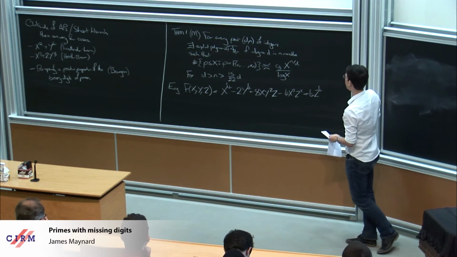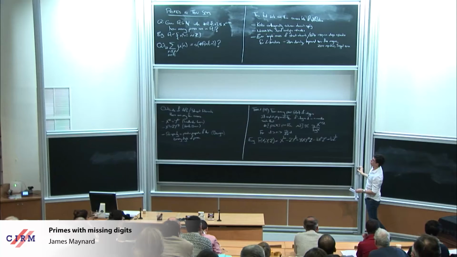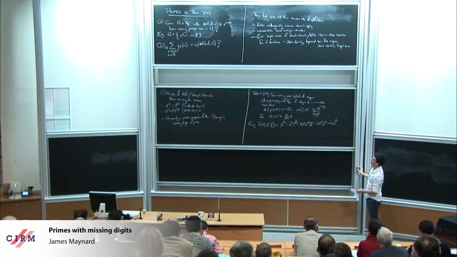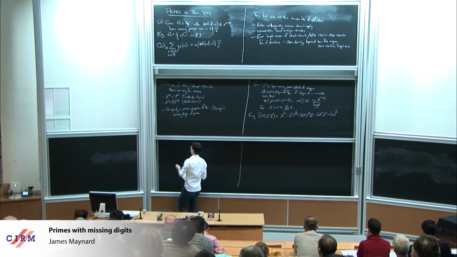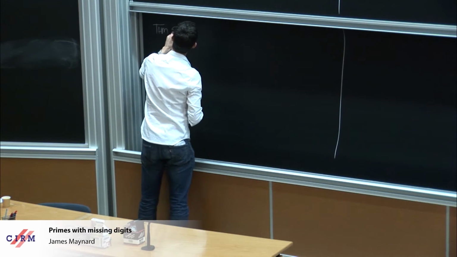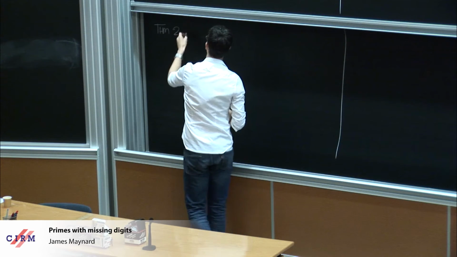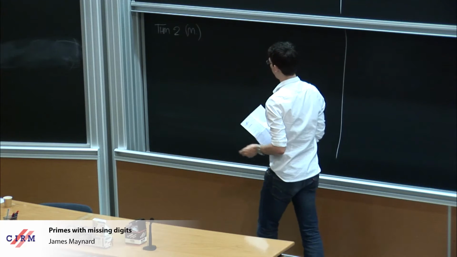So that's the first example of primes in thin sets that I'd like to mention. And then the second example is going to be a more combinatorial example